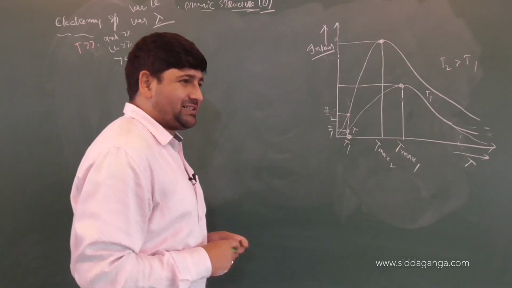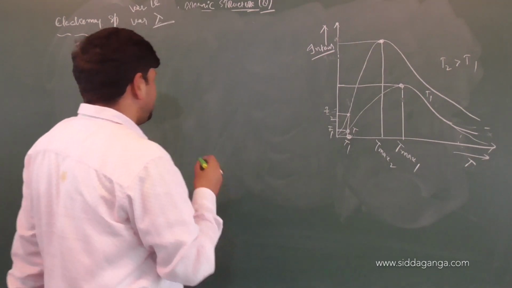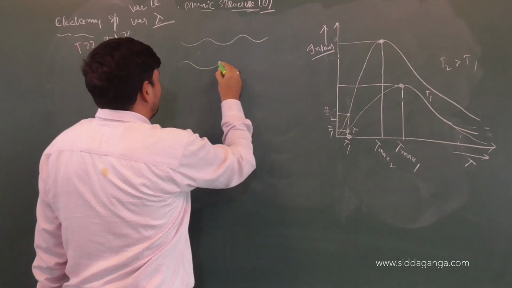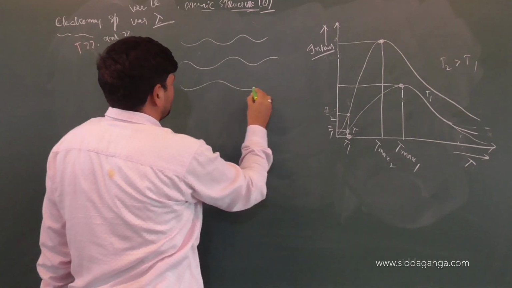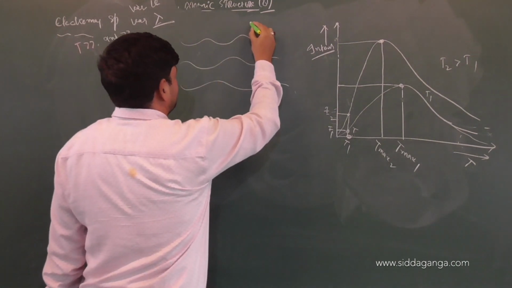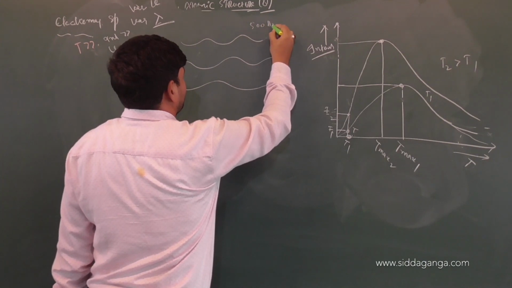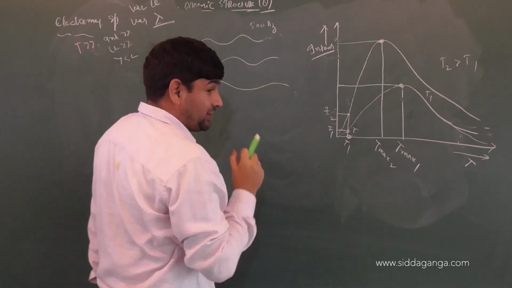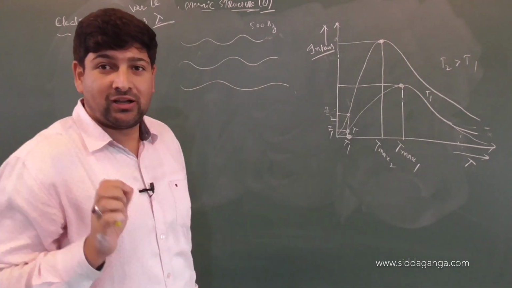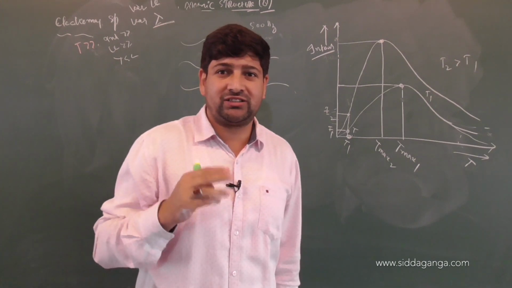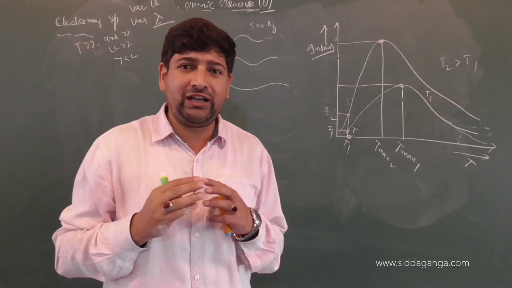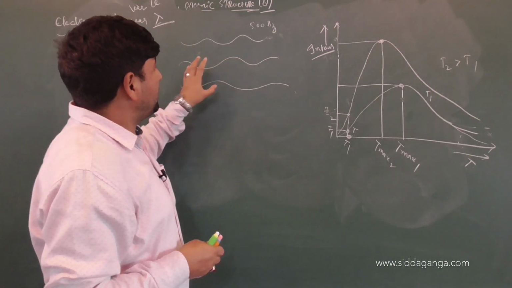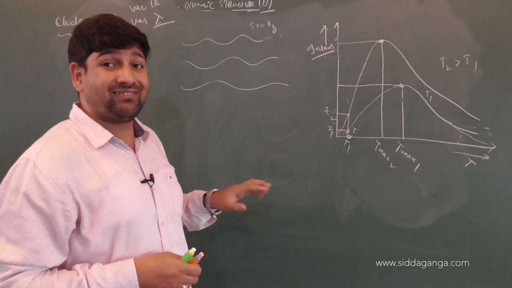According to classical theory, which was initially put forward, children, it was considered that electromagnetic waves are moving like this. Suppose this electromagnetic wave has a frequency of 500 hertz, then this whole wave will have the frequency of 500 hertz. But we have seen altering the temperature alters the intensity. So color changes, the wavelengths are changing. That can only happen when the electromagnetic wave which is coming to you does not travel continuously, rather travels